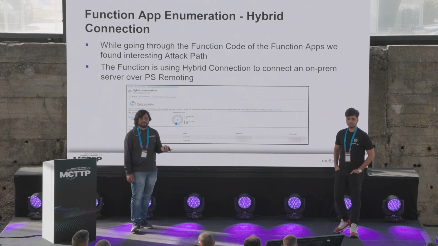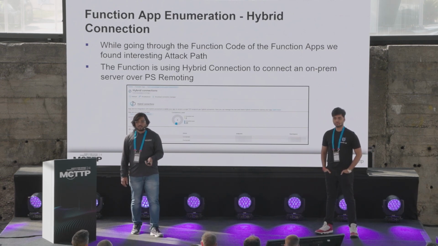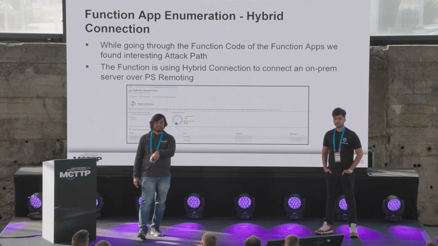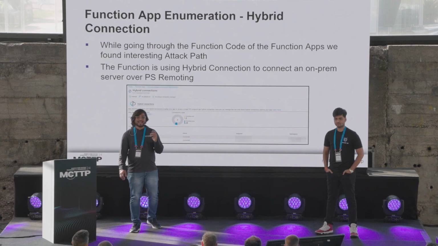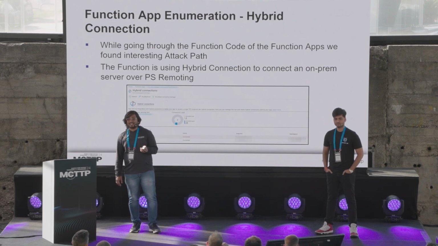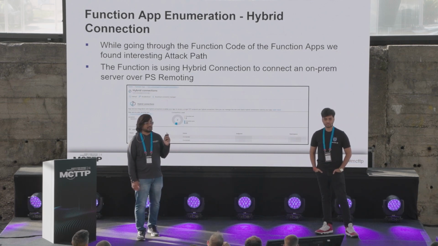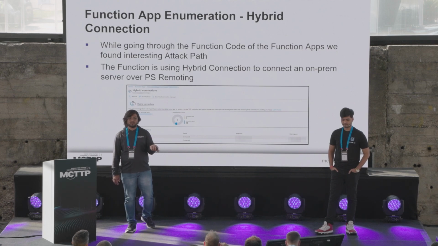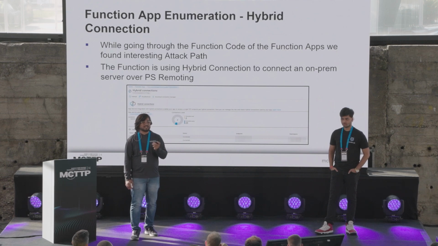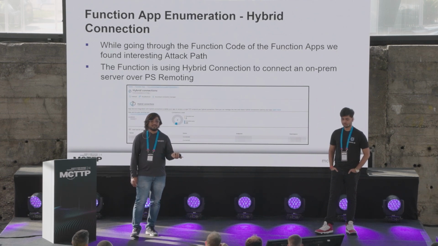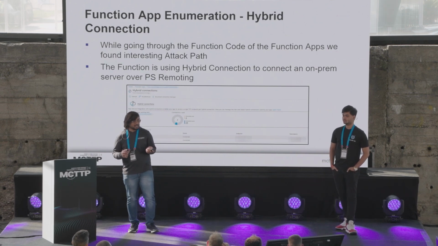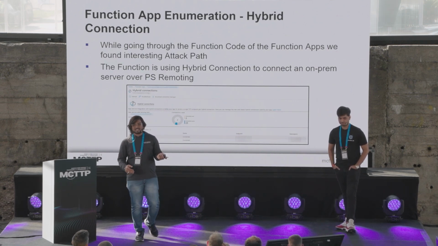So the configuration that we found was basically for a machine which is not present in the cloud environment, but is present in the customer's on-prem environment. And the port that was enabled is 5986, which is ideally a PS remoting port over HTTPS. So we found that this seems interesting. There is no machine with that specific name in the cloud environment, so probably this machine is hosted somewhere else. Let's try to find out if we can use this connection and do something, right? That got triggered, and we started hunting for what all we can do.